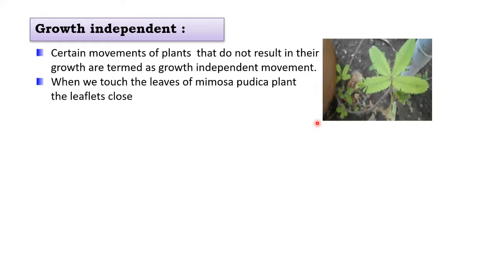The leaves of Mimosa pudica are touch responsive, right? So the stimulus over here is a touch, and it is responding by shrinking in size. Whenever some plants show movement in response to touch, that movement is called seismonastic movement. If you analyze this word, a part of that word is nastic, right? Nastic refers to growth independent movement, which I explained in the previous slide just now.